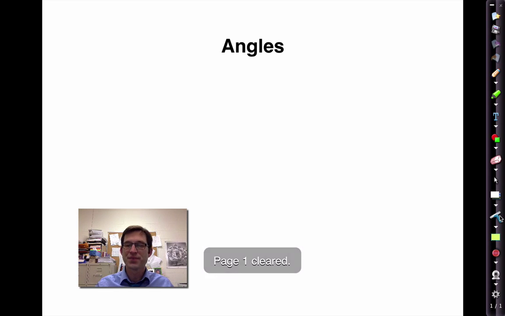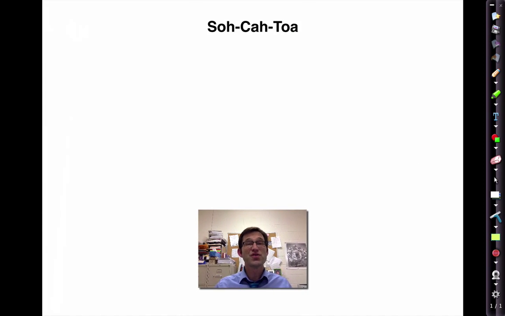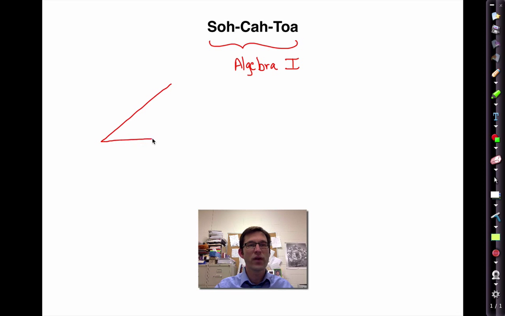So those are angles. Don't worry yet about radians if you've heard of them. We'll get to those in due time, okay? SOHCAHTOA. Let's remember a little bit of right triangle trig from Algebra 1. You learned all about trigonometry of right triangles in Algebra 1, right? And remember how that worked. If we've got a right triangle,